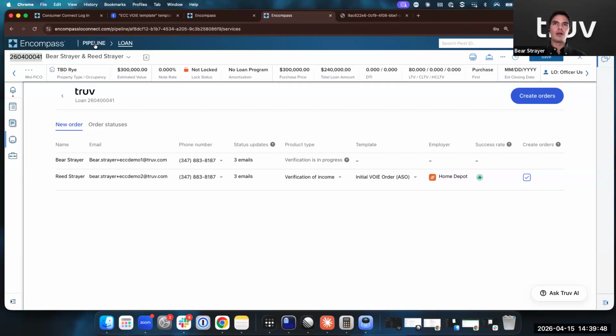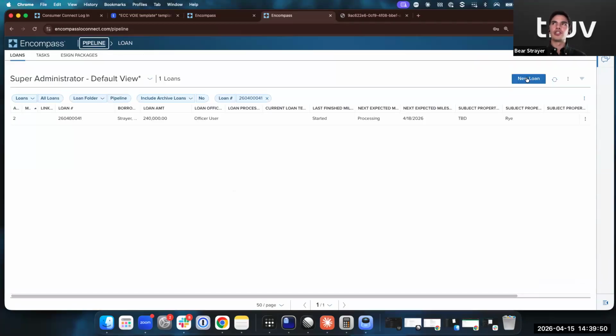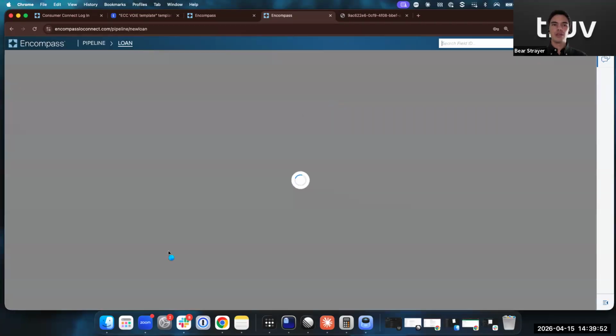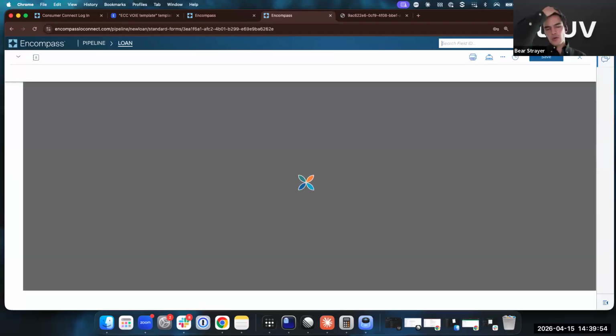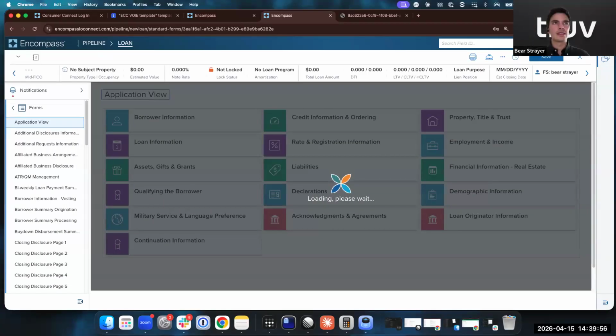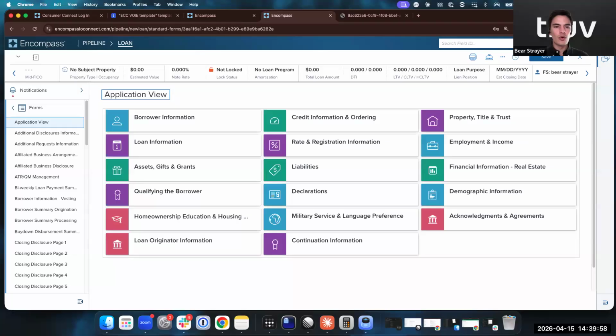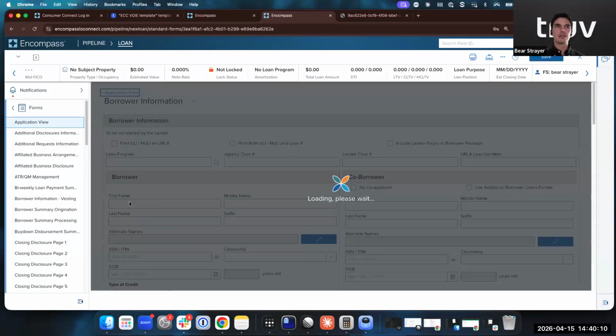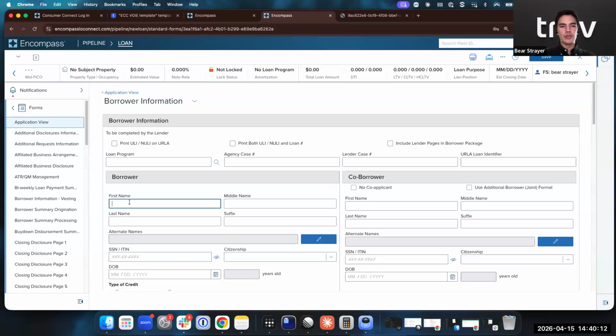And then one other improvement that I want to show, I'll just start a new loan for this, is the ability to order both income and assets at the same time. What I had shown right up until this point was creating separate orders. There was income done on one system, and then we created assets as a separate order. But one enhancement we've added is to allow you to create a verification request with both income and assets requested